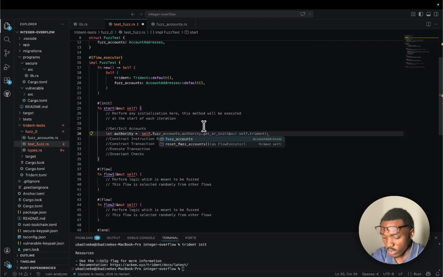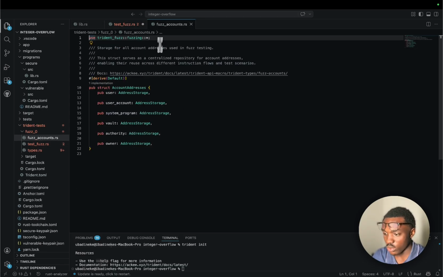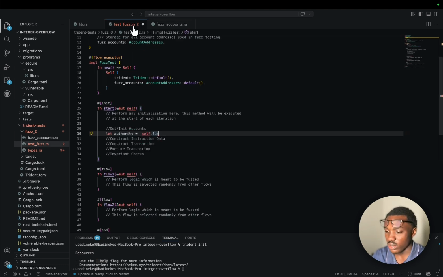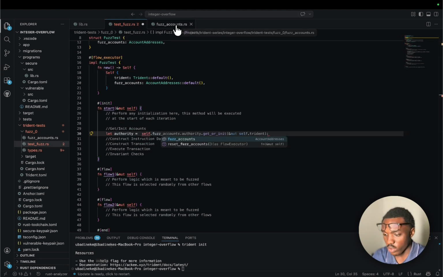I don't know. But set the fuzz accounts. Fuzz accounts here is the account address store, which I showed you here. So we'll pick the authority. First of all, empty placeholders are created. That's why we have this. All these are empty for now, until you write in, then they have values. So first set the fuzz accounts,